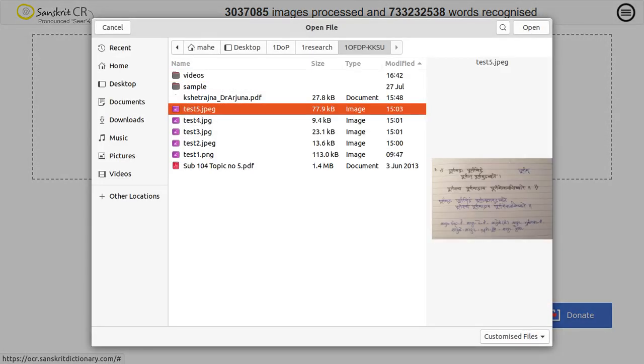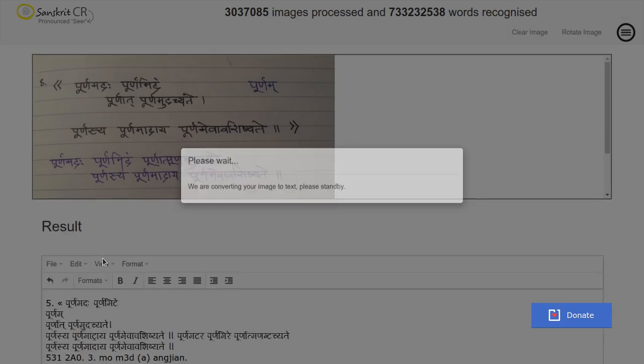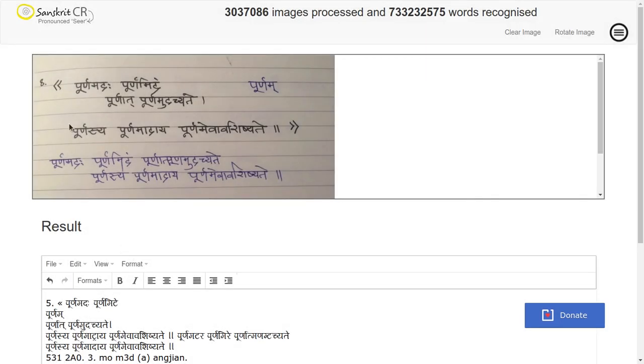Let me go for the handwritten content. I have taken most of the images from Google itself. So let us see how this converts. Here the image has number 8, but it recognized it as 5, but 8 is not in the Devanagari script, it is in Roman script, but it has converted it to something.